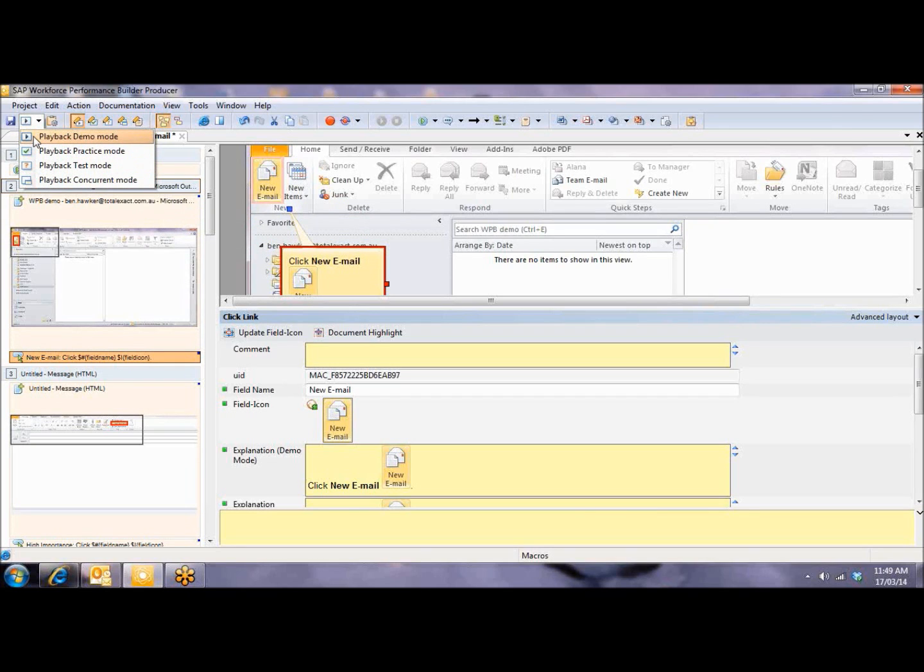The demo mode, where the end user just watches it. It's a process maybe they've never seen before, and they just want to get familiar with the process. That's the demo mode. The practice mode, the user will be prompted with the action that they need to make,